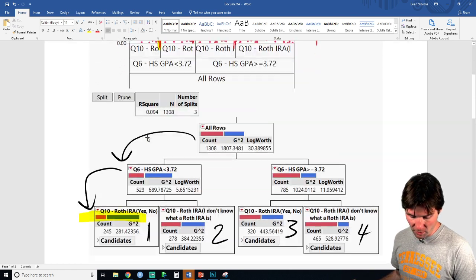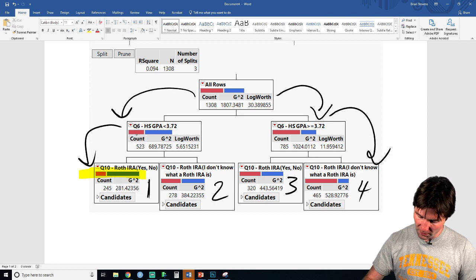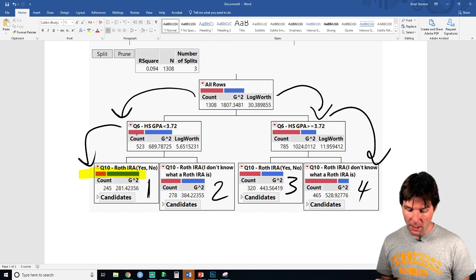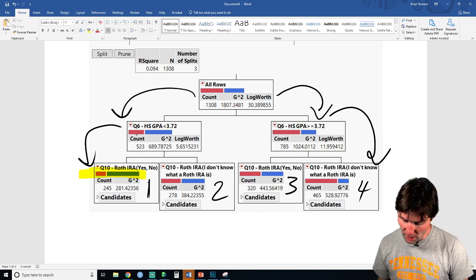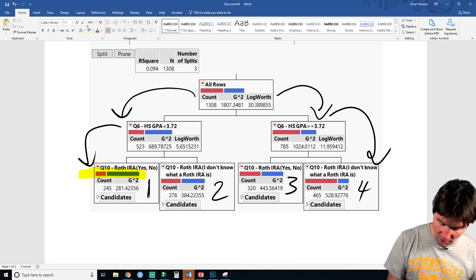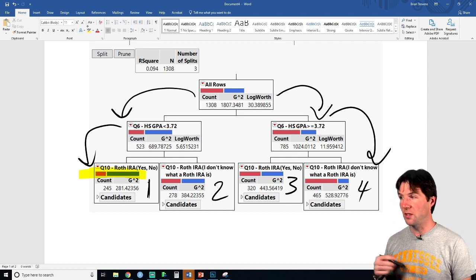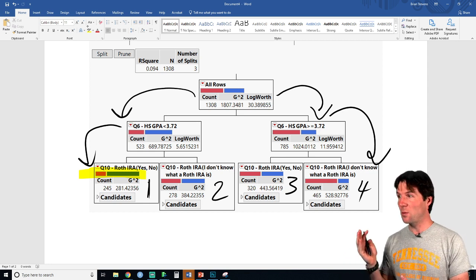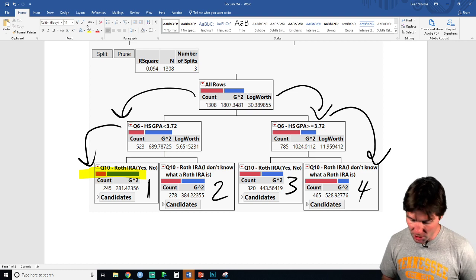So now we scroll down, now that we've marked up our sheet, and we can go right here and talk about who's likely to be female. Someone who's likely to be female has a GPA that is greater than or equal to 3.72, and also this individual responded that they do not know what a Roth IRA is. So it's interesting, you would think if someone has a high GPA and they don't know what a Roth IRA is, the probability of them being female is very large, and let's go and look